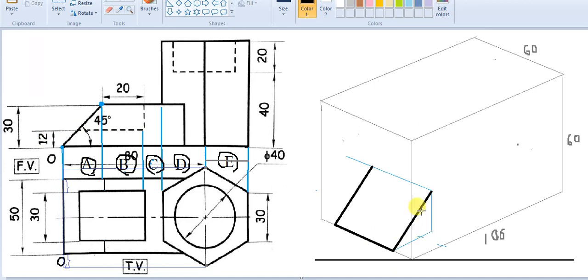What I am going to do is draw a line parallel with this one, and the distance between these two is equal to 12 millimeter.